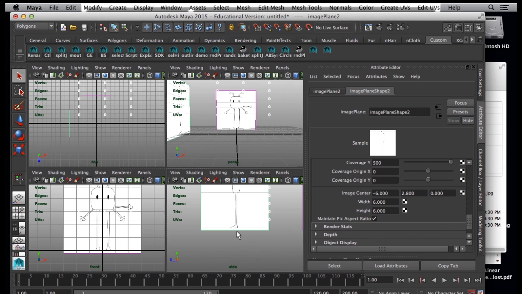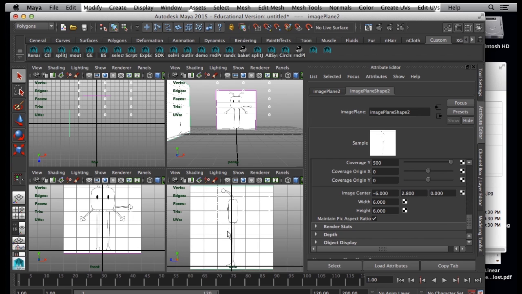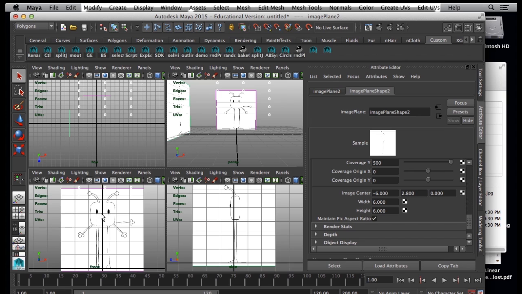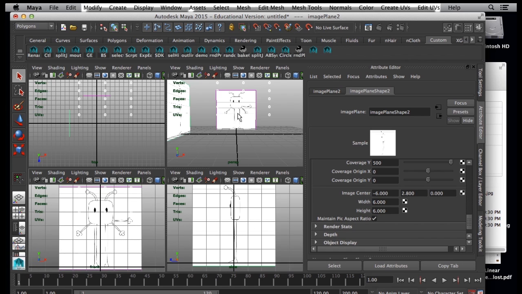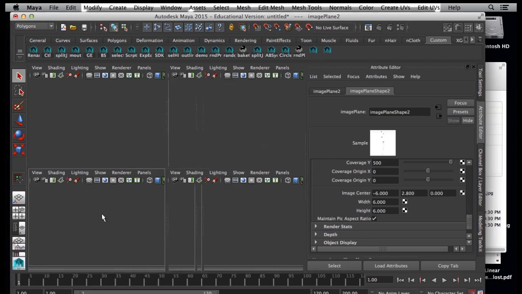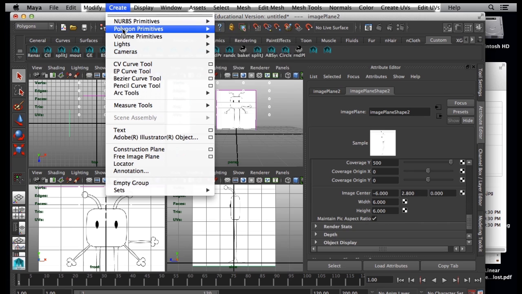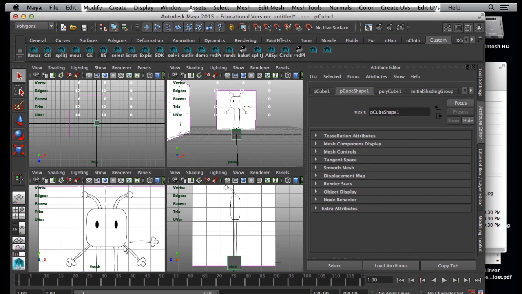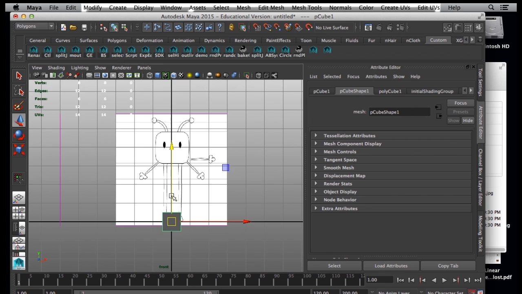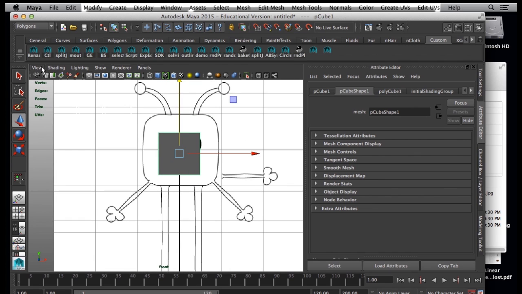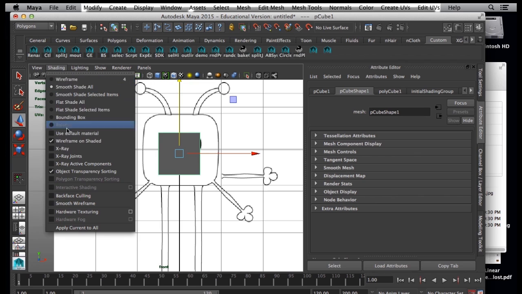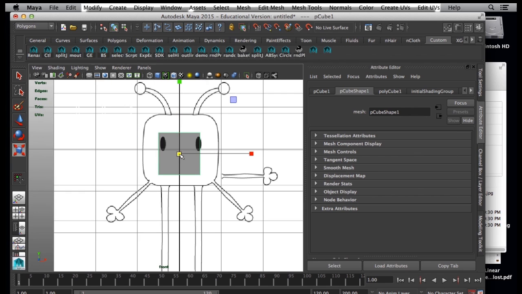And I'm going to use these 2 views right here as a guide for my modeling. So when I look at this, I can see that I have 1 cube-like shape and 1, 2, 3 cylinders. So I'm going to create a cube first. Create polygon cube, and I'm just going to bring it up like this. Now I'm going to wireframe on shaded and X-ray so I can see through it. And this cube is right in the center. And if I scale it up